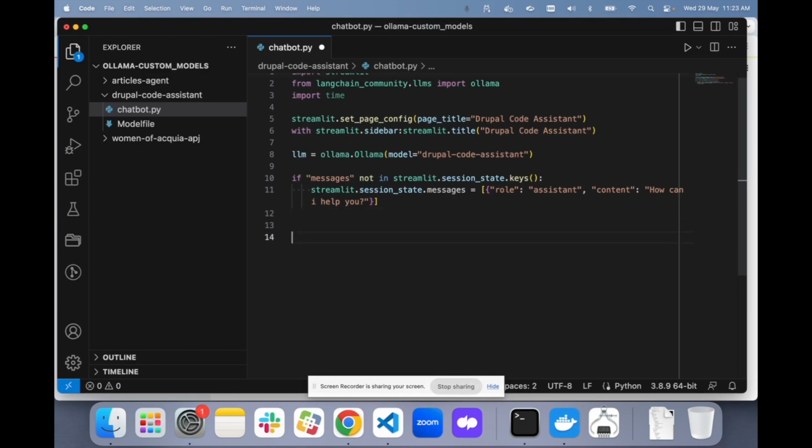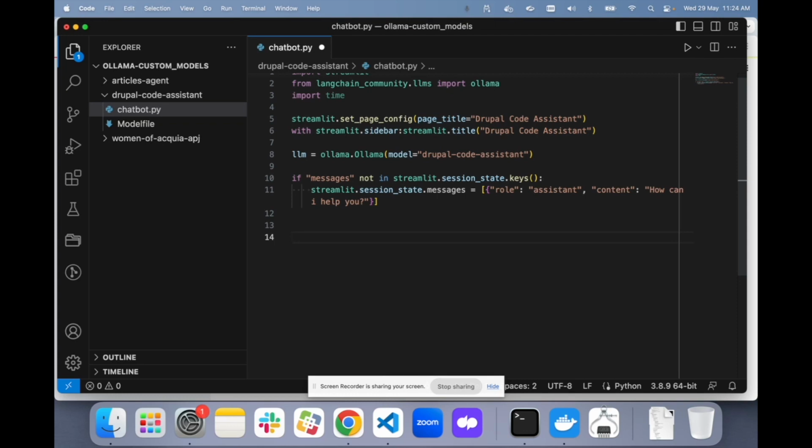So we are going to have a message associated with two things, role and content. Role will be user and assistant. Whatever is being typed or provided by the chatbot, we are going to characterize under the role assistant.